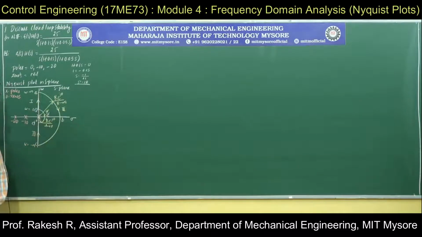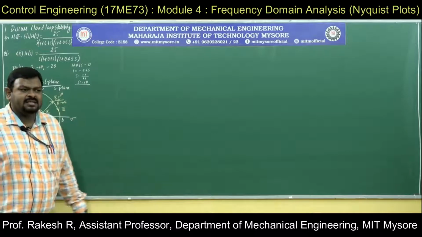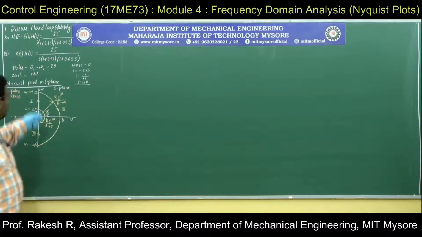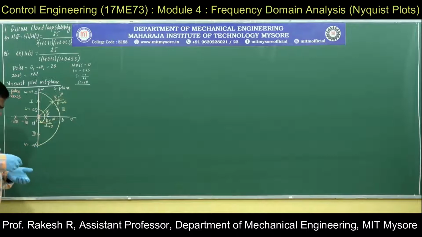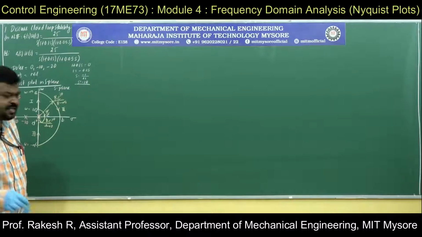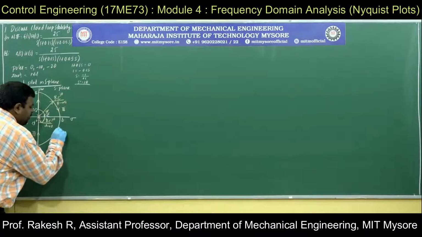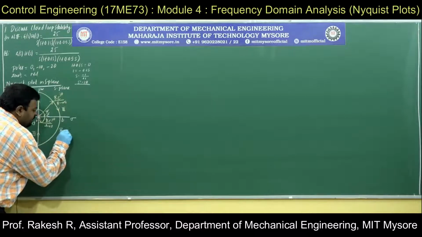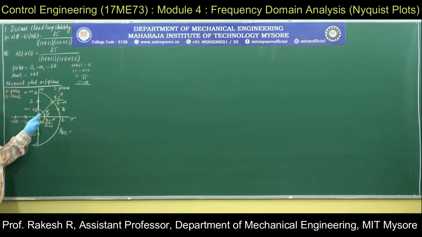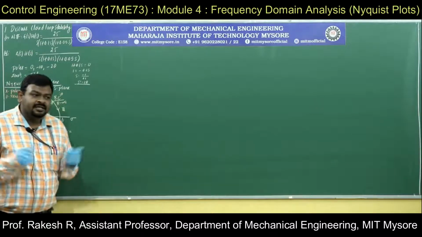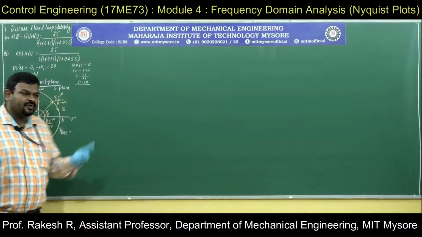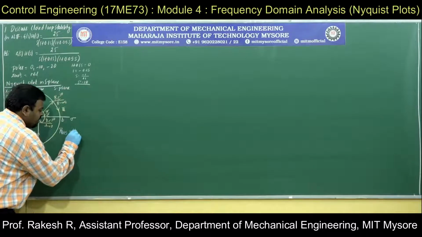That is the fourth segment. To analyze mathematically, I have defined all the segments. I need to check another condition: whether there is any pole at the right hand side or not. If there is any pole at the right hand side, there is an origin, but strictly I am speaking on the right hand side. There is no pole, nil.